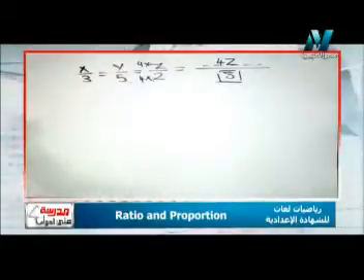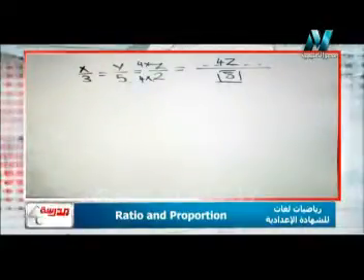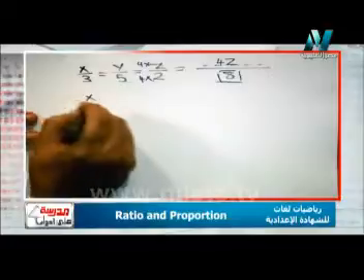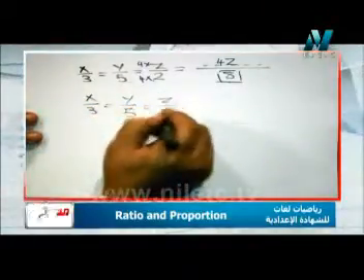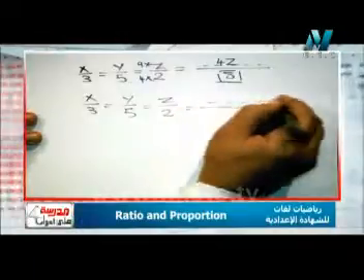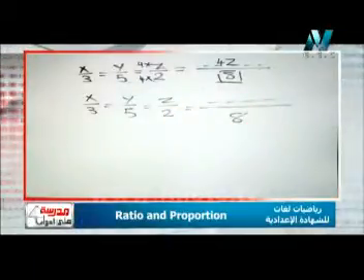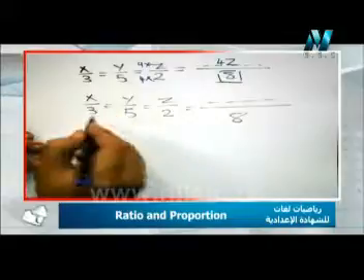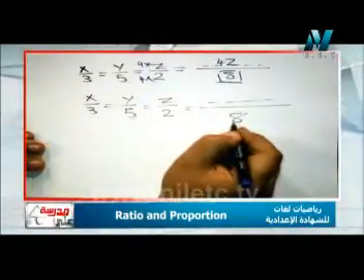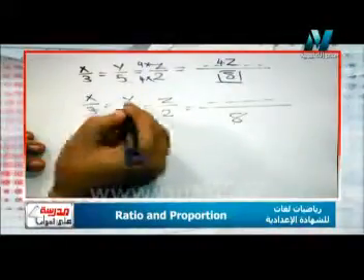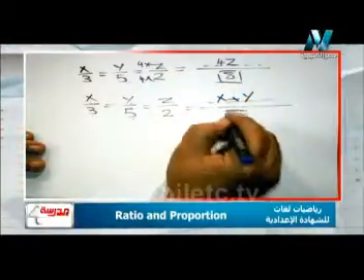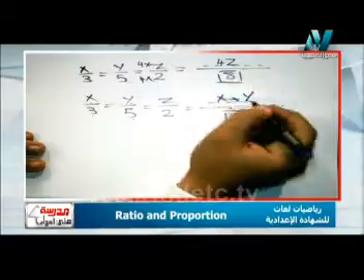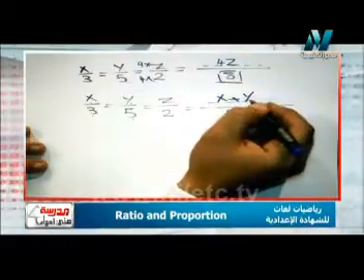Another answer for this exercise could be written here. So we have x over 3 equals y over 5 equals z over 2 equals, and here is 8. Maybe if we add 3 and 5, it gives me 8. So x plus y, this is what I'm going to write here. As you see, there are two answers that could be written in this exercise, and maybe some